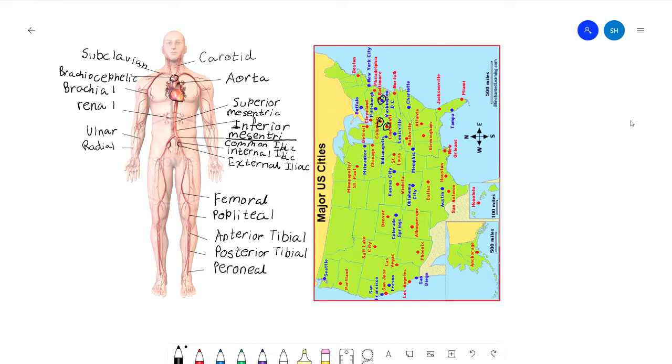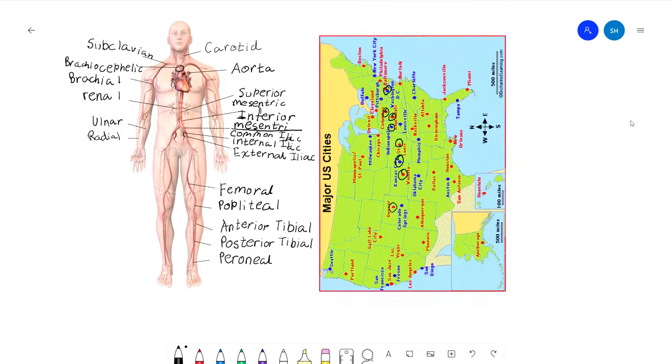And Indianapolis was the inferior mesenteric. The common iliac was St. Louis. And then I remembered Kansas City as the internal iliac, Wichita as external iliac, and the femoral, I used